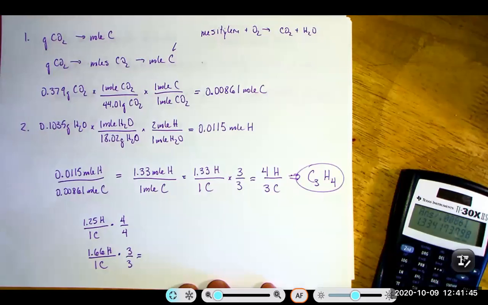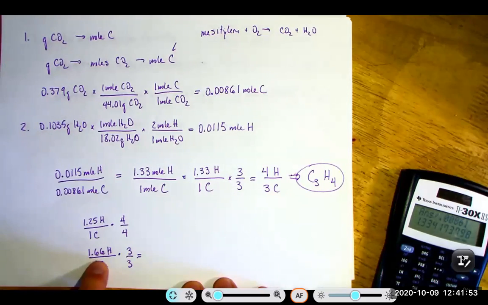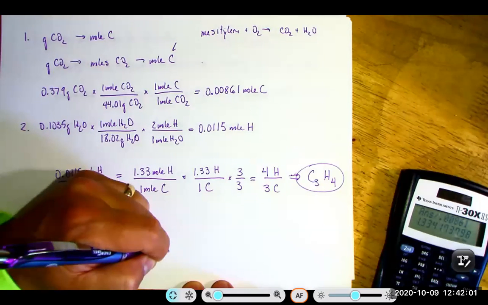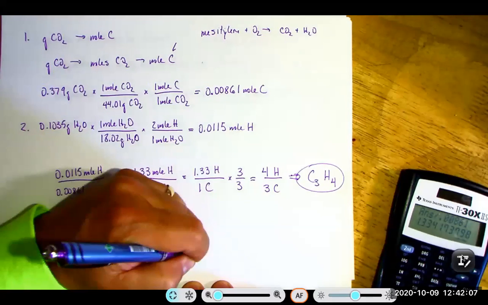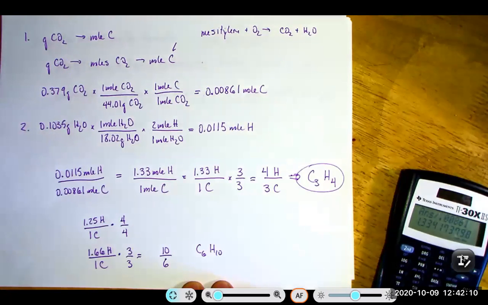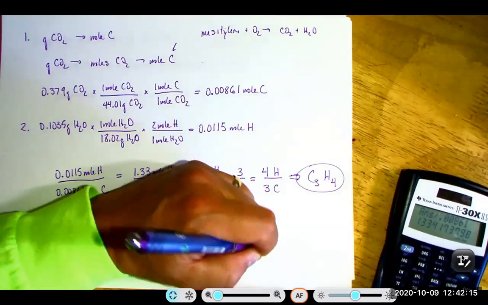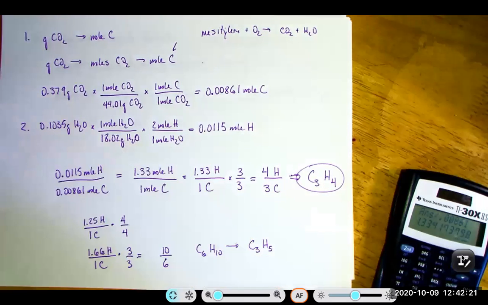But then you'll end up with, 6 times this is what? 9.96. Okay, so that would be 10, right? Yeah. And 6 times this is what? 6. And would you write this down for the empirical formula? No. Yeah, empirical is the lowest ratio. Oh, right. Now, if you got this and then made it into that, that would be fine. Oh, okay. I have seen some things be like this,